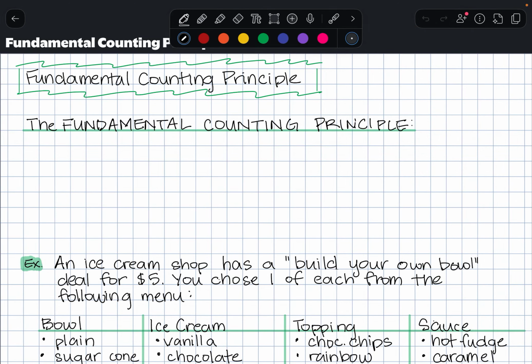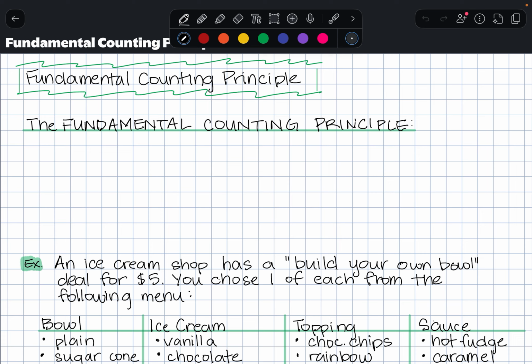Alright, in this video we're going to discuss one of a couple tools we have in our toolbox for figuring out the size of our sample space. And remember that that's the bottom of our probability fractions. So this is going to help us figure out how big our sample space is without having to necessarily know exactly what that sample space looks like. And what the